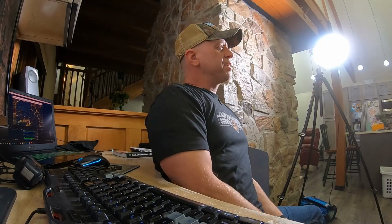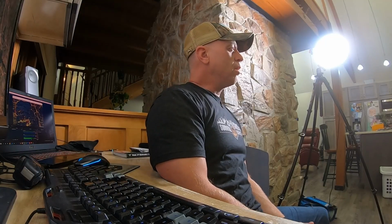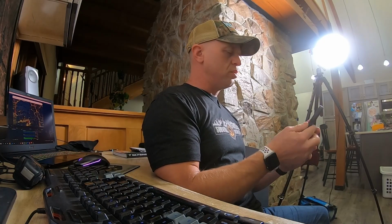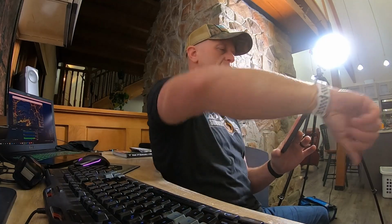A couple of other apps that I really like, one's called My Radar. Now, My Radar is free. I downloaded this onto my phone, and I've also added it to my watch. It's only going to work if it has data connectivity, but when you have data connectivity, you can turn on alerts for stuff like forest fires,